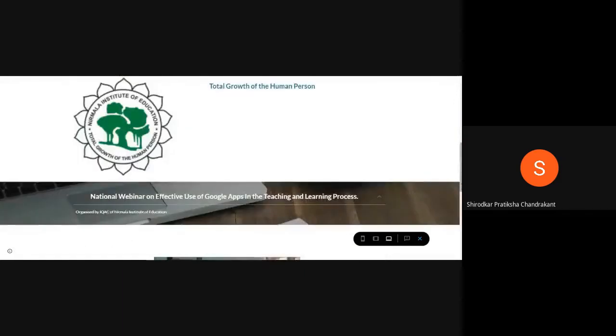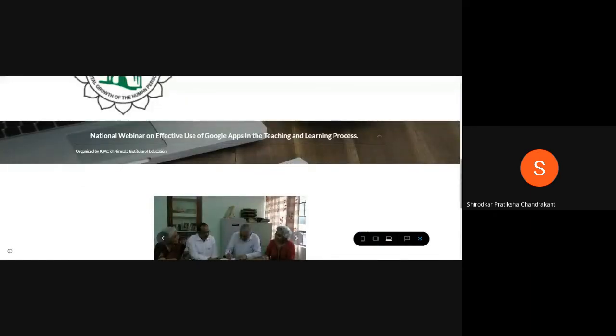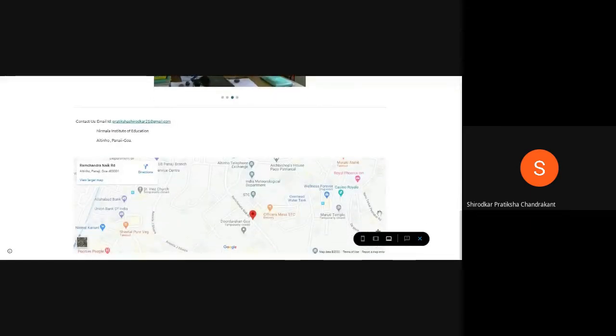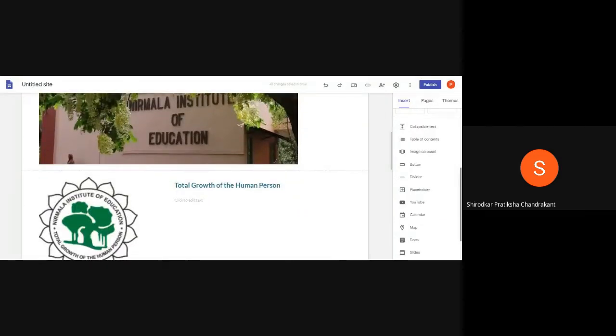Now this is a section. When we used the divider, it actually created a line here. Below that are all the things that we added, that is the contact us details and a map. So you can see it in the preview section like this, and it will also take you to Google Maps if you click on this view larger map option. If you want directions to the institute, you will get them by clicking on this option. So let me come out of this preview. Now, so far we have seen how to use all these five options and also the placeholder.